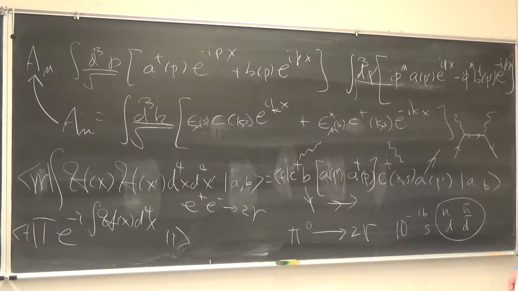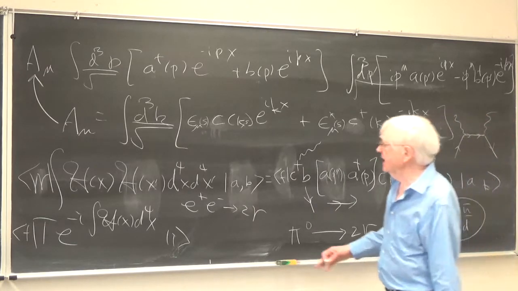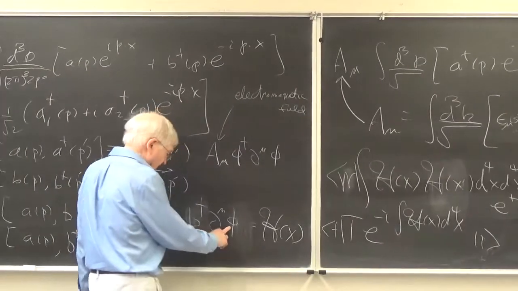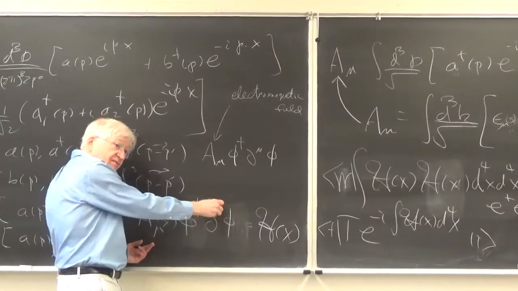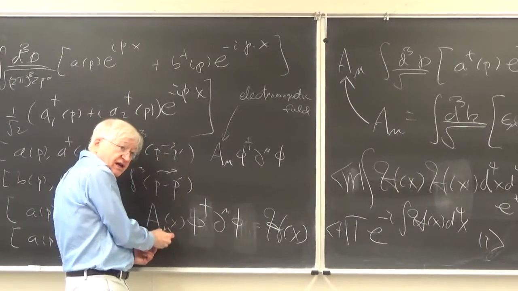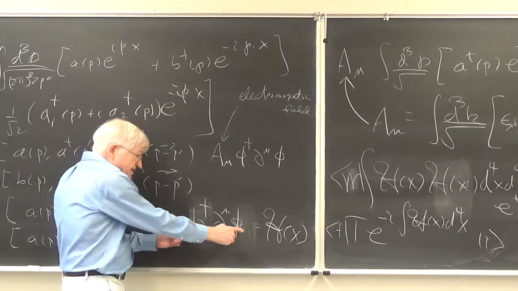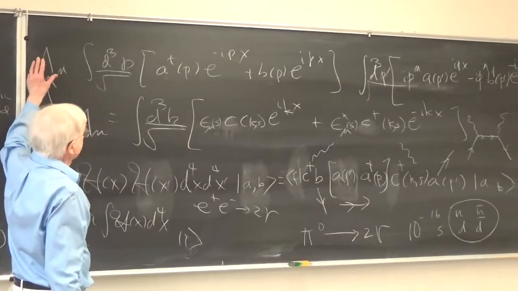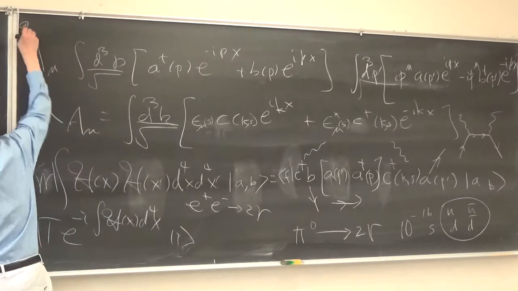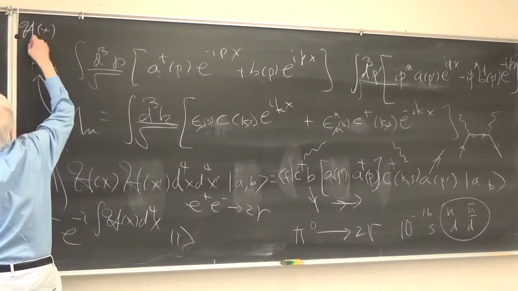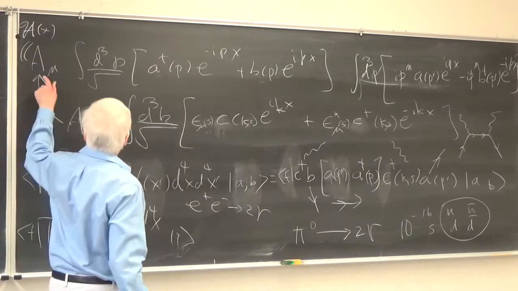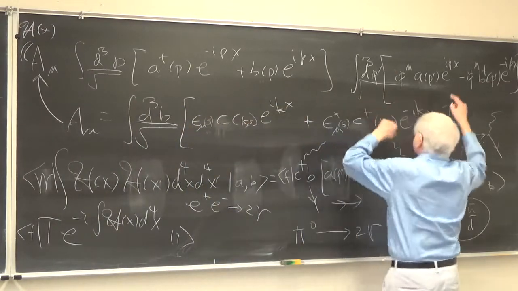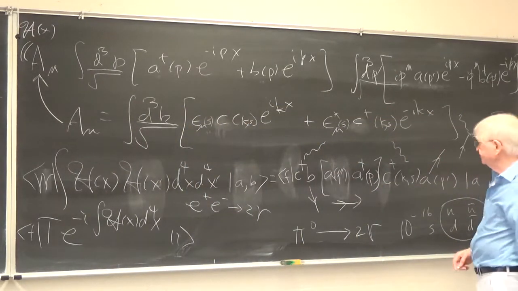Yeah, so that's that. Then what we've got as this H is A mu phi dagger D mu phi. Notice this is Lorentz invariant because you've got a derivative and a covariant field. These being scalar fields. So then the product of those three, this is H. H of x then is equal to that. So it's the A mu, which is this, times a phi dagger, and this is the derivative of phi. Okay? Now,